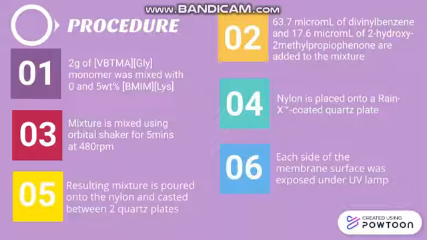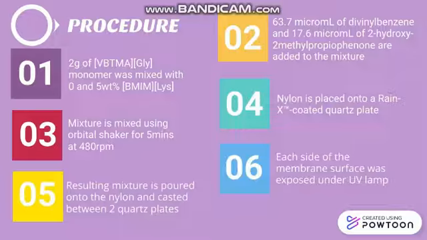After that, nylon, which is a membrane filter, is placed onto a rain-coated quartz plate. The resulting mixture is put onto the nylon and cast between the 2 quartz plates. Then, each side of the membrane surface was exposed for 30 minutes under a 365 nanometer UV lamp at